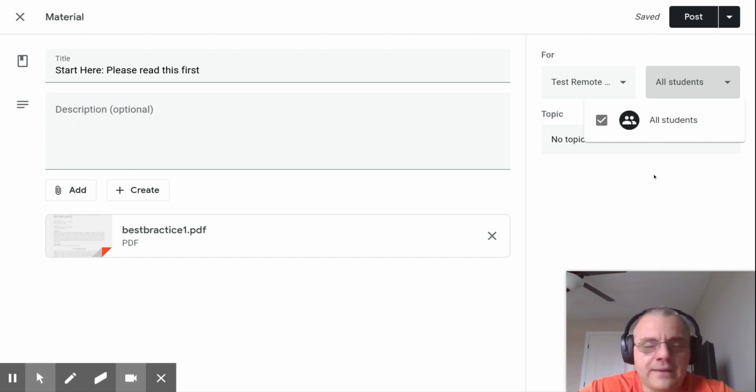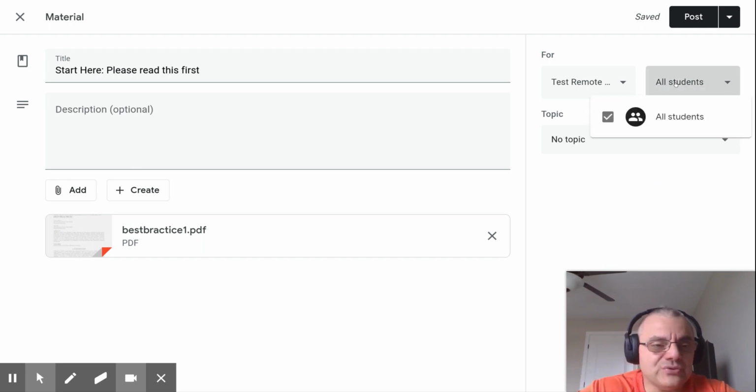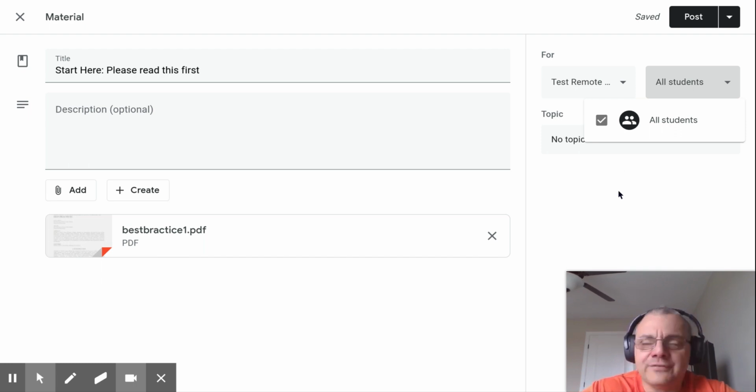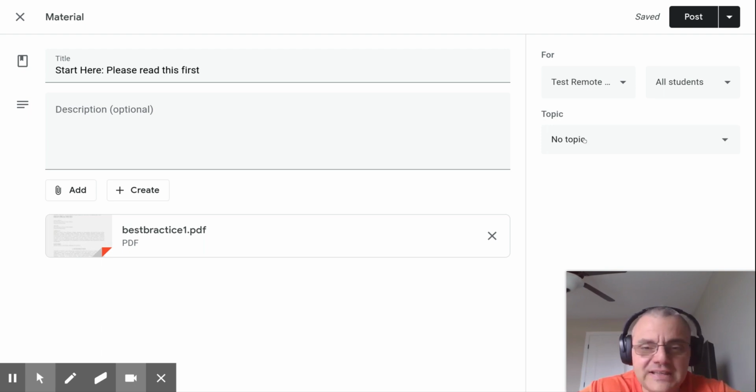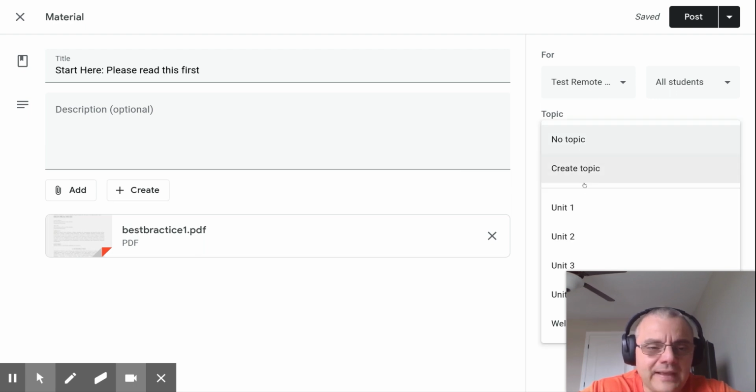That way, for example, if you have some IEP children, you can put all your assignments in here and just assign it to everybody except the IEP students, and then uncheck them, and then have your special ed teacher as a co-teacher, and they can put in the modified assignments. Or you can work together and you can make the modified assignments yourself and put them in there for the student.